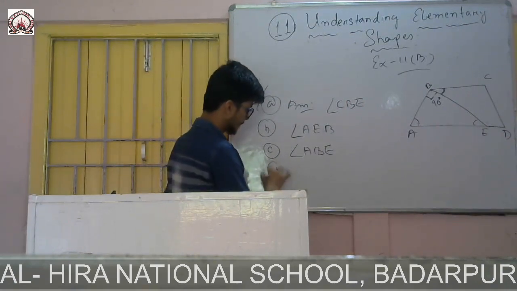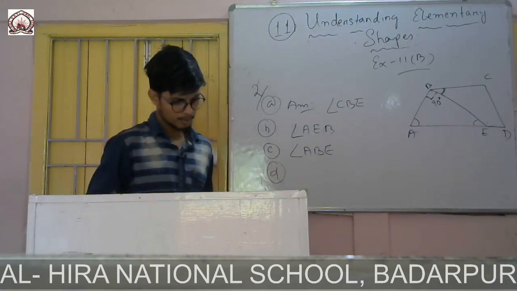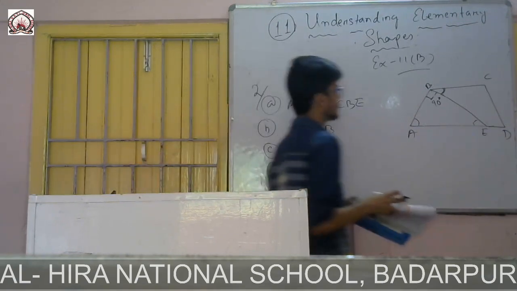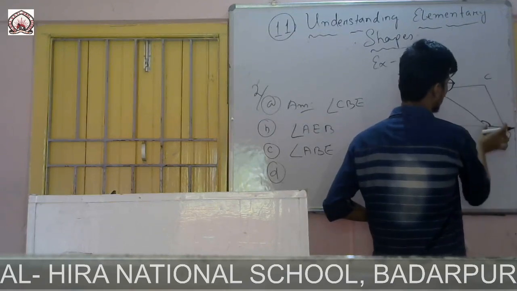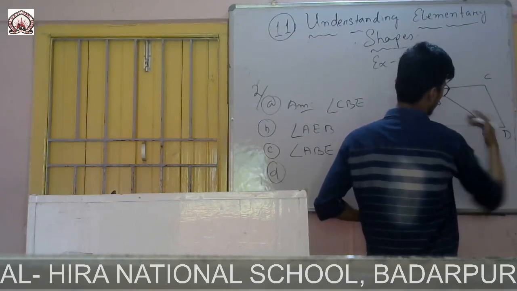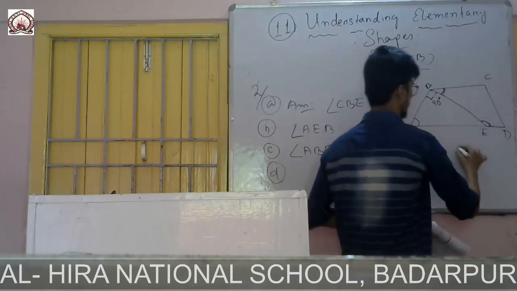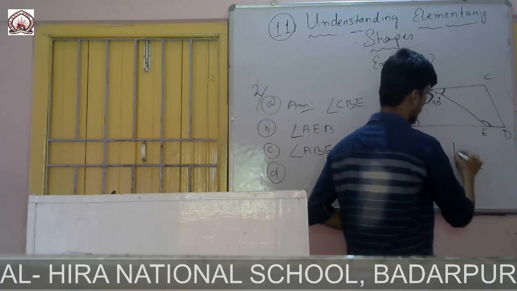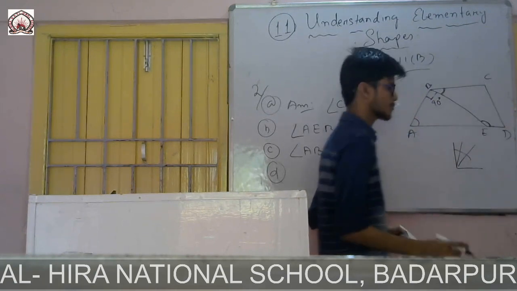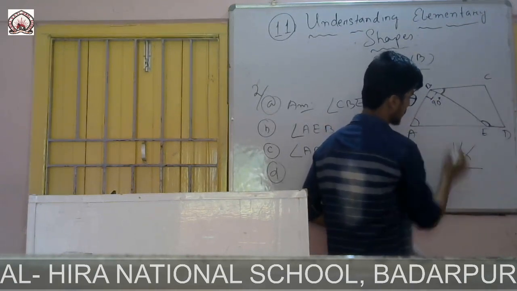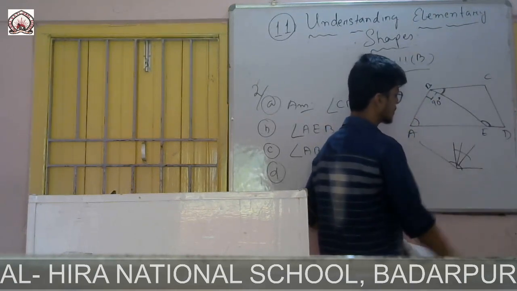Then D, three obtuse angles. One will be this one, obtuse. This is more than 90 degree, you see. This one is just straight like this. If it is less than 90 degree, the angle will be like this, and the gap between these two lines will be small. But here you see, this one and this one are inclined like this, so it is more than 90 degree.